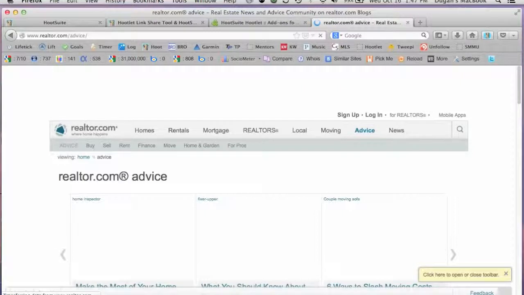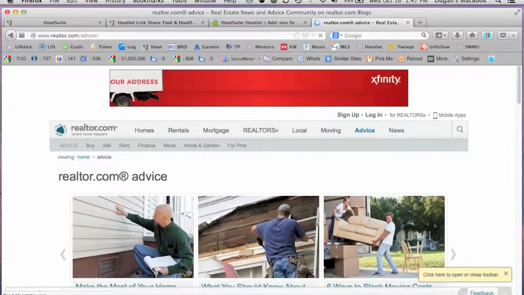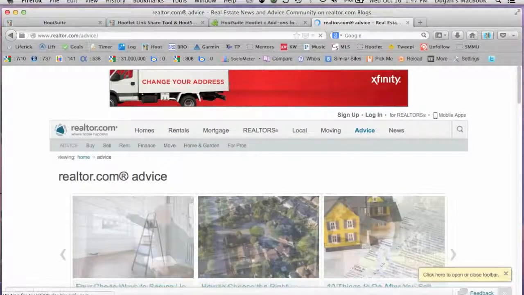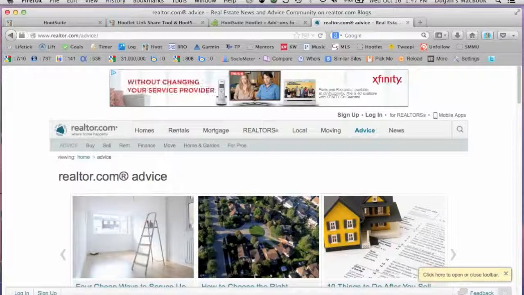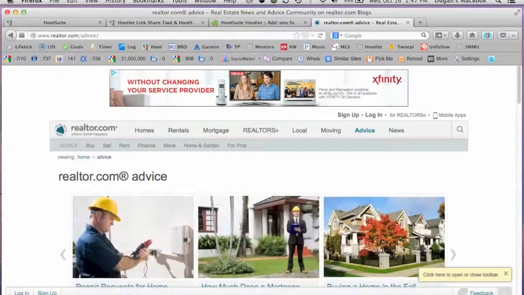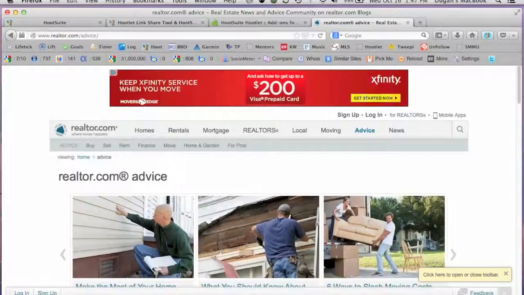And for those of you that are using more of an advanced strategy, where you have certain themes that you're posting throughout the week, like for instance, Monday might be a motivational quote, Tuesday maybe a real estate tip, Wednesday sharing some real estate articles, things of that nature. It really comes in handy when you're getting ready to do social media posting to have kind of an outline